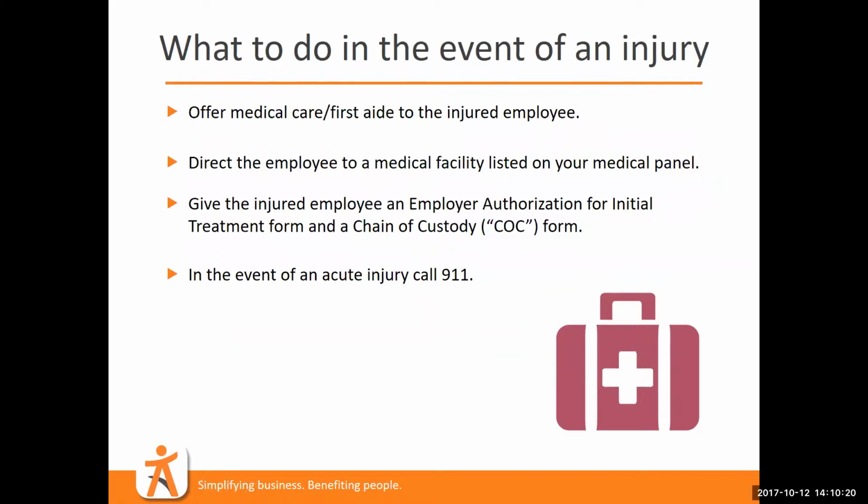You want, hopefully the person is able to take themselves to a medical facility that's listed on your medical panel. And if they're not, by all means, you would either want to get them there yourself or perhaps a,